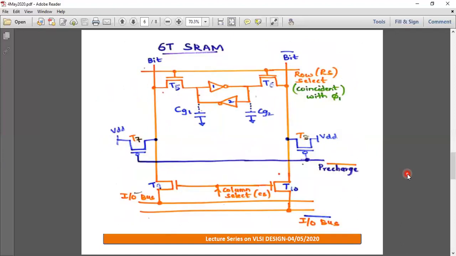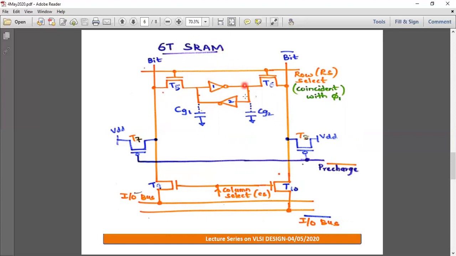Next we'll go through the 6T SRAM cell. The main disadvantage with the DRAM cell is it cannot hold the data for a long duration. Hence we need to apply frequent refresh cycles. So in order to store data indefinitely, we need to use the SRAM cell. This SRAM cell uses 6 transistors to store 1 bit of information, whereas DRAM uses fewer transistors to store 1 bit of information. So with DRAM, we can have higher storage capacity, whereas with SRAM, we'll have low storage capacity.